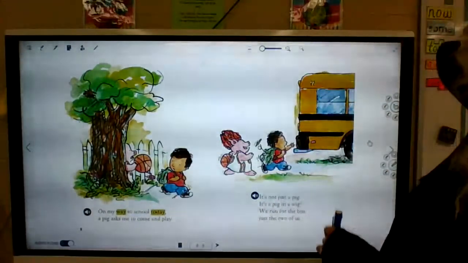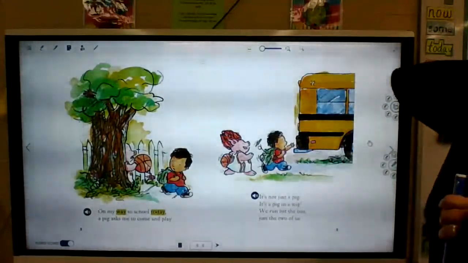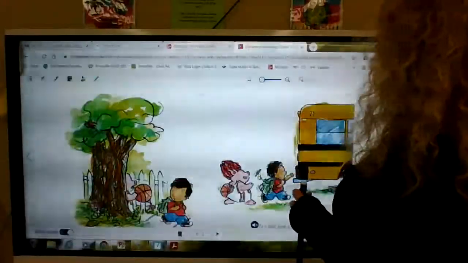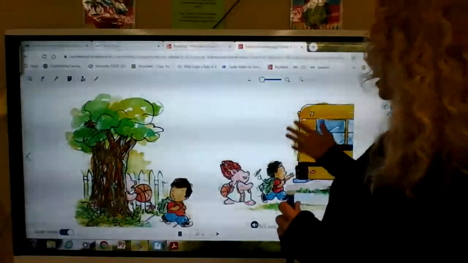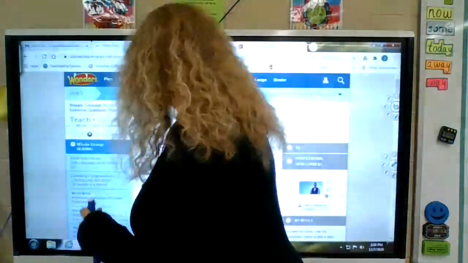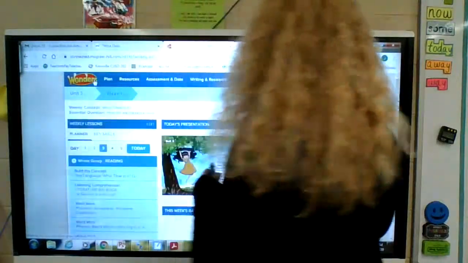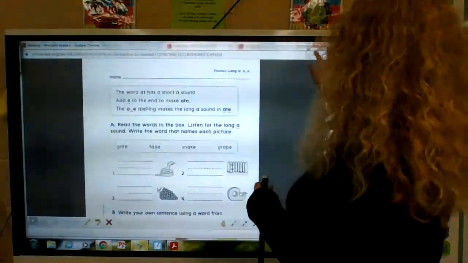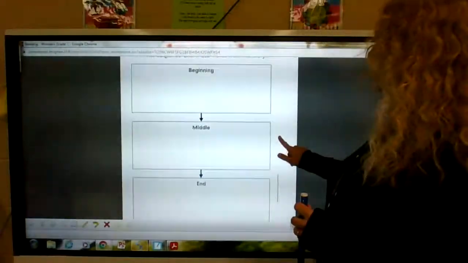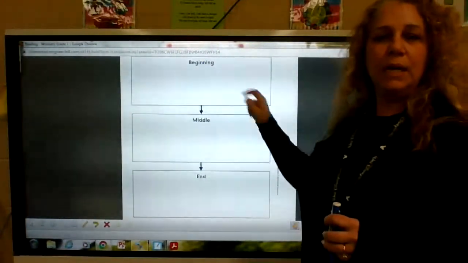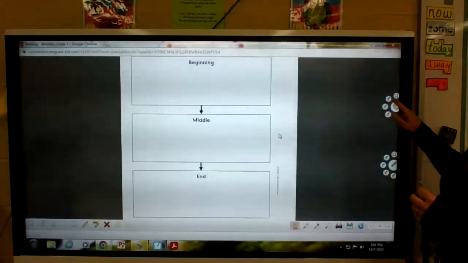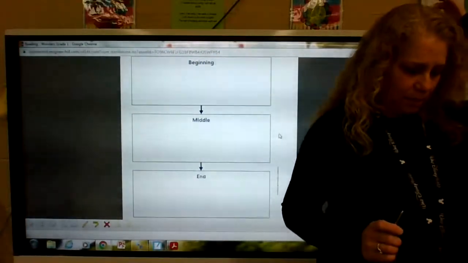All right, so this was the beginning of the story. So we're going to go ahead and put that onto our chart. This is getting us started in the story, and it's an important part of the story. Okay, so we're going to take our chart. My chart disappeared, so I'll get it back up here. Okay, so for our chart, we need to put in the beginning what happens with the boy. Tell me who he meets and what happens.